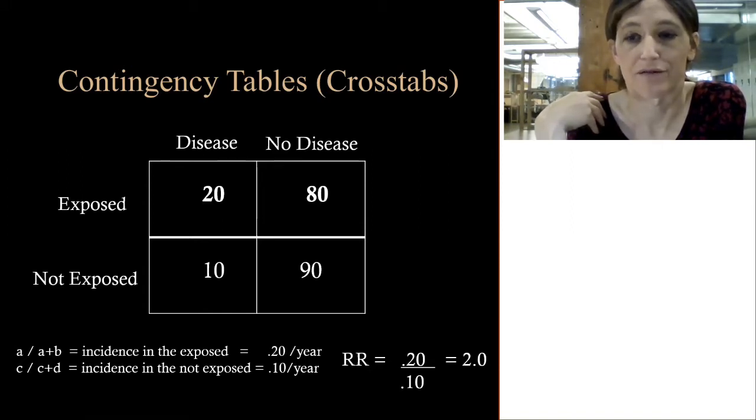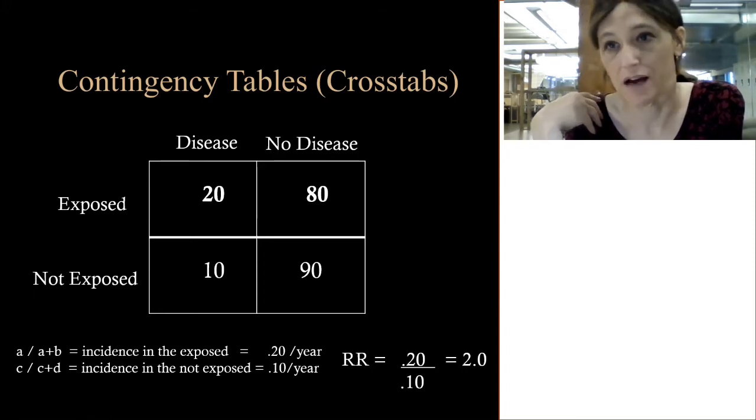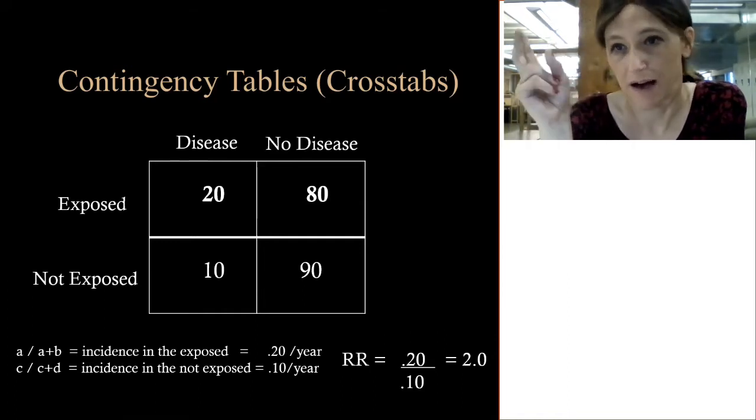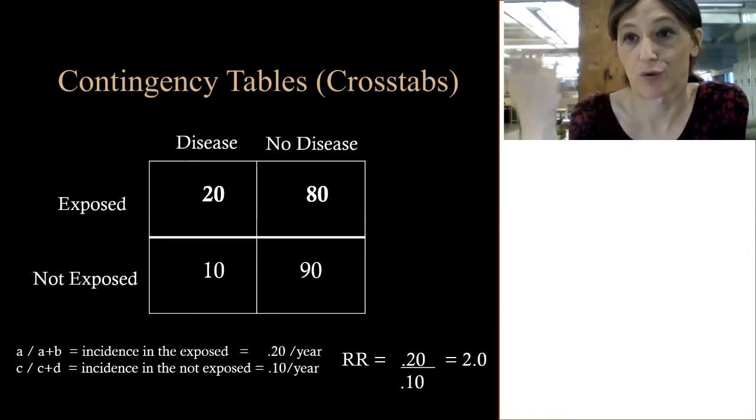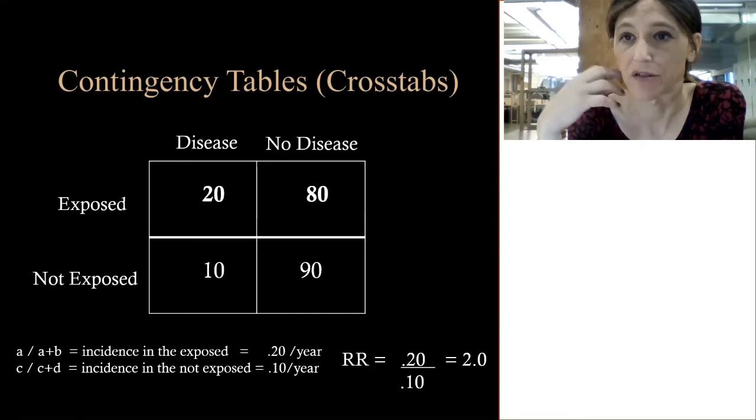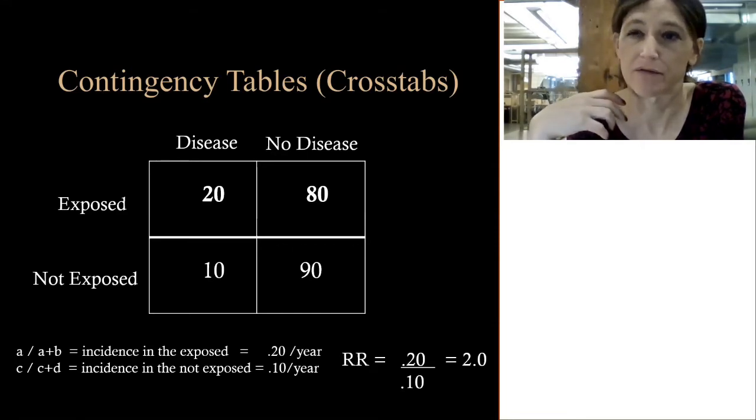Okay, calculate a relative risk. In this case, we say the relative risk is 2.0. And if this was an exposure, let's say a high-fat diet, and the disease was cardiovascular disease, then having a high-fat diet increases your risk of cardiovascular disease by 2.0, 2 times. We're not going to get into interpreting relative risks too much in this class,